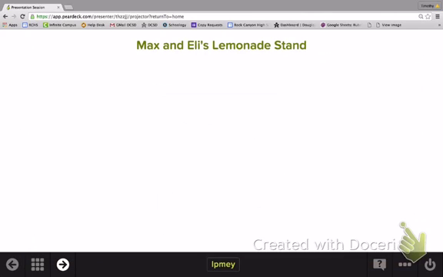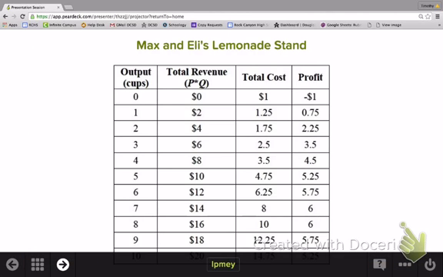Now, let's look at an example of this to see how this works. So Eli and Max have a lemonade stand. They can sell as many cups as they want at the market price of $2 per cup. Their goal is simple. Produce the quantity of lemonade that maximizes their profits. So here we see in the first column the number of cups of lemonade they produce, the total revenue. If they're selling lemonade for $2 per cup, then we multiply the number of cups they sell by the price, and that gives us total revenue. We see the total cost to produce each one,